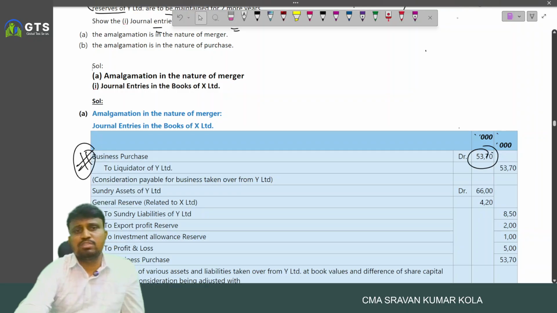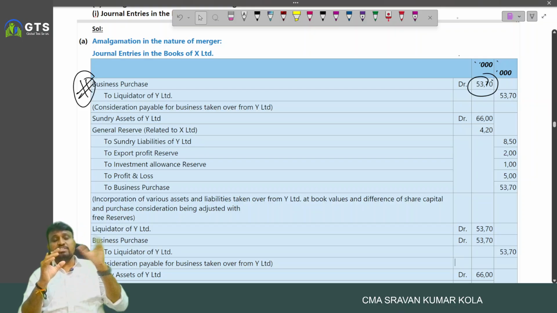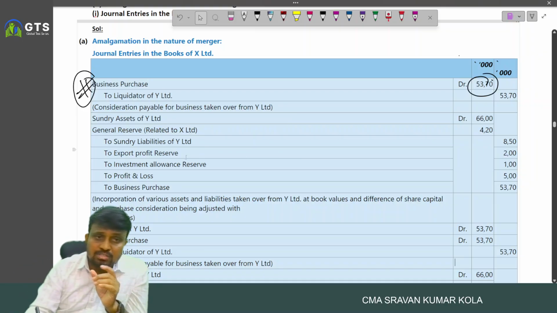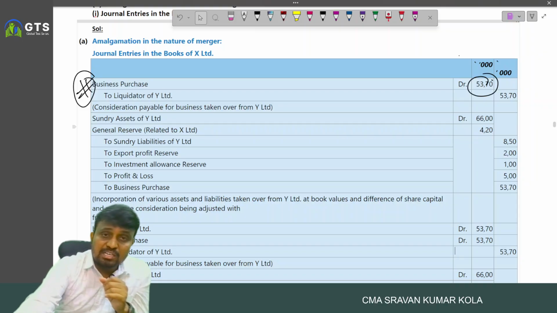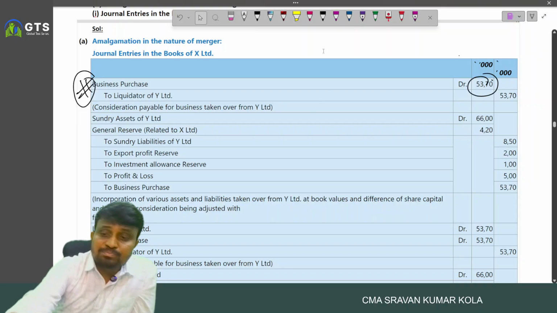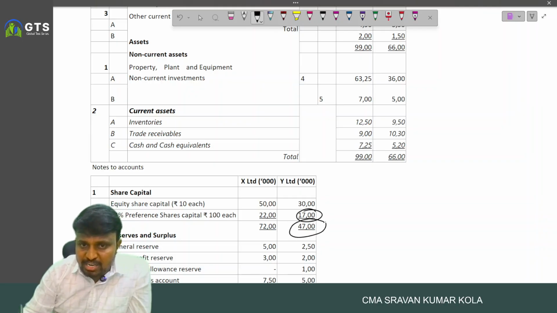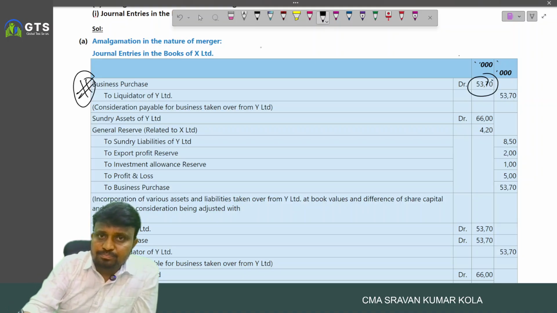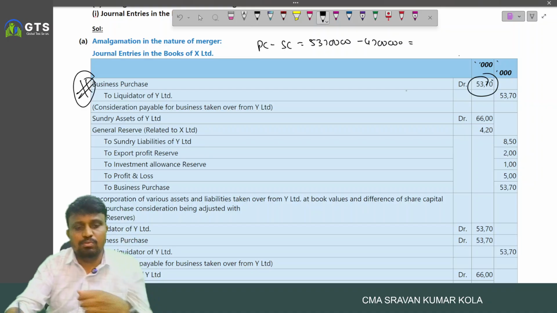And first, in the nature of merger, what are the entries? First we have to record, for purchase consideration due, Business Purchase account debited to liquidator of Y Limited 53 lakh 70,000. And second, for incorporation of assets and liabilities including reserves and surplus. And before that we have to calculate the difference between purchase consideration and share capital of the transferor company. What is the share capital here? 47 lakhs. So PC minus share capital, 53 lakh 70,000 minus 47 lakhs equals